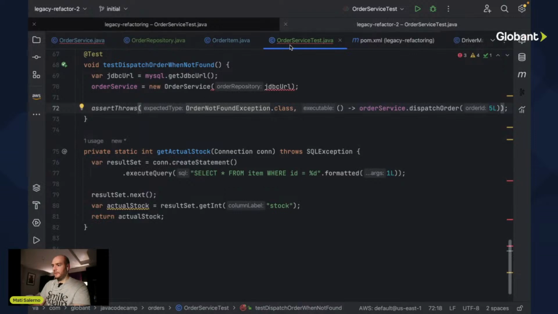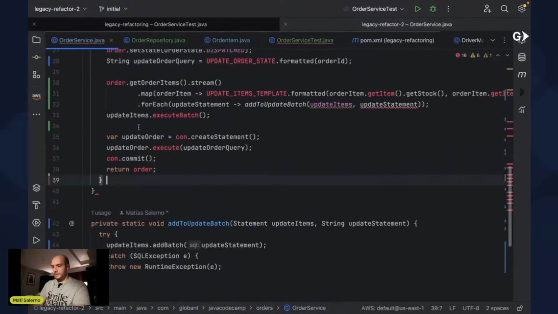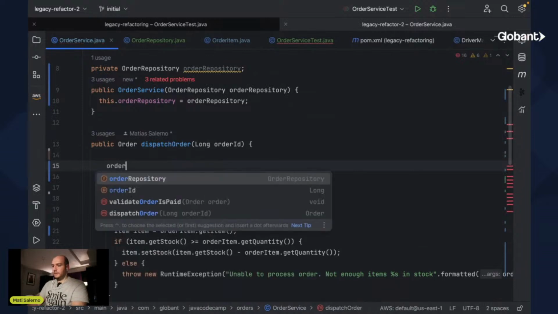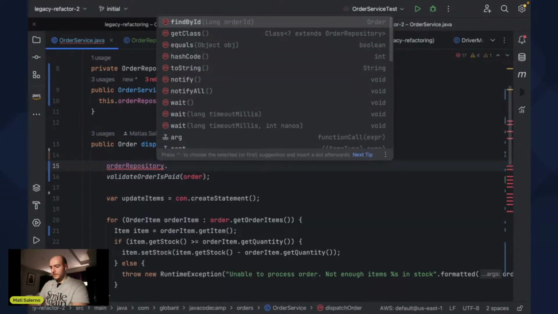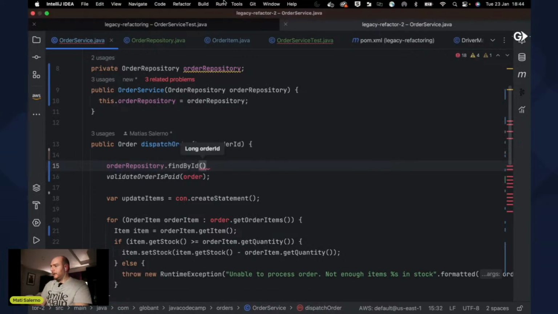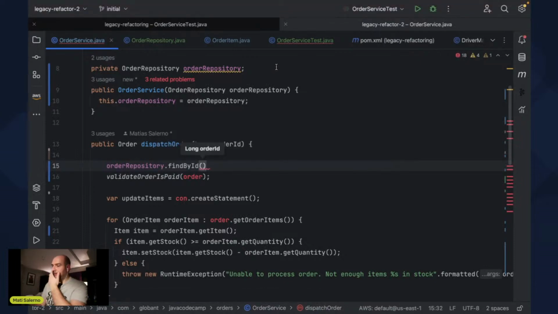So now if I go to the order service, I can just say order repository dot find by ID. Right, I am noticing that we are running out of time, but I want to show you